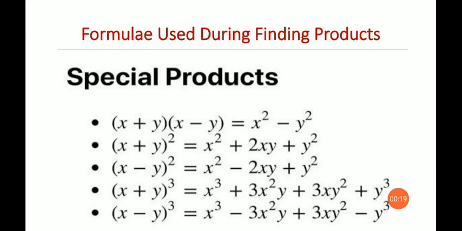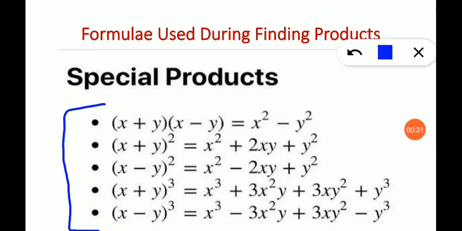Today, I have categorized the formulas into two parts. The first part is formulas which will be used for finding the products, which means these are the formulas we can use for finding the different products depending upon the degrees and the number of variables. Along with that, we have to look at the sign also, like which sign it is, plus or minus. So already we have discussed all these formulas.